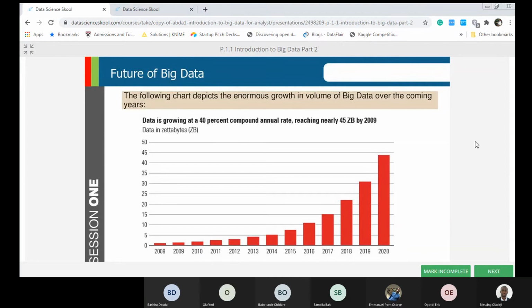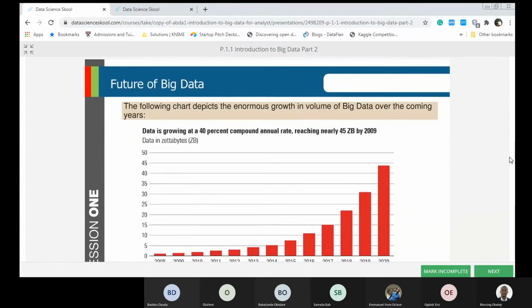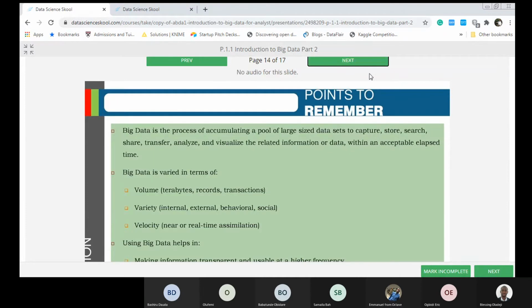So you keep developing your skill and make sure you are relevant, and you can defend yourself anytime you are posed with some of those opportunities. But in Nigeria, there's a huge demand for data science skills and for big data practitioners. There's a big demand for them in the Nigerian market.